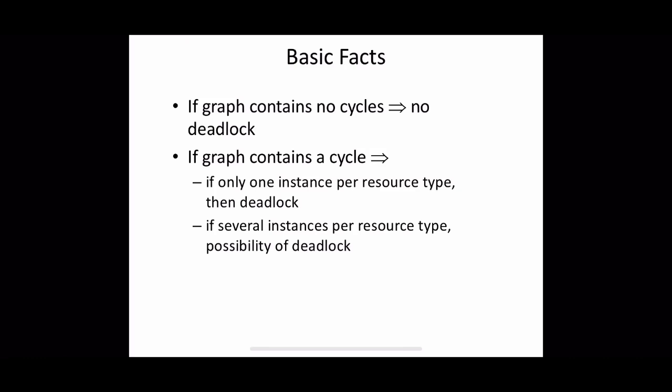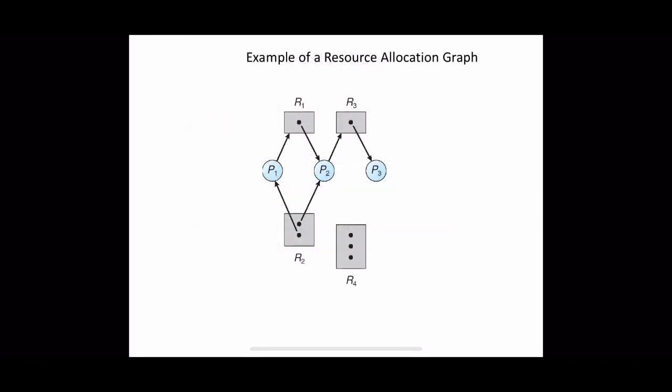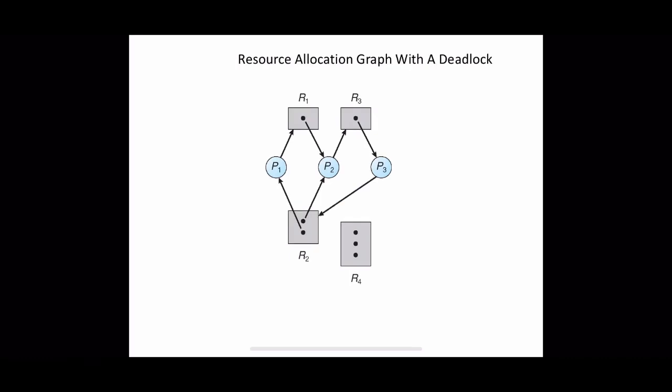Now let us see examples for different scenarios. So this was the graph we have discussed so far, right? If you analyze this graph, there is no cycle, so there is no deadlock. We can be sure about that. And suppose we add one more edge from P3 to R2. That is, P3 now needs an instance of resource type R2. Now if we go through this graph, there is a cycle, right? Two different cycles are there actually.